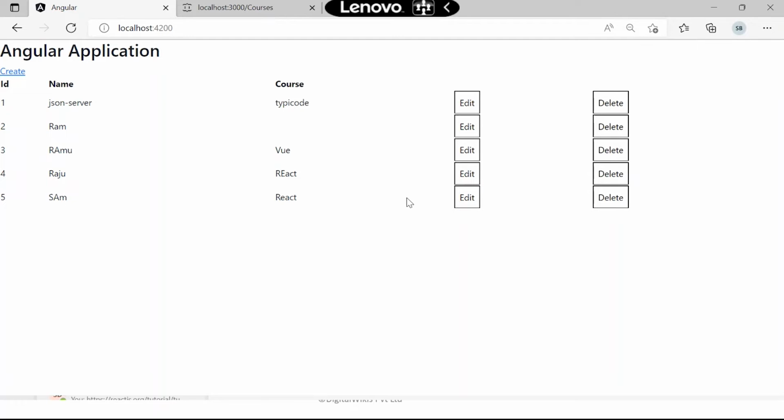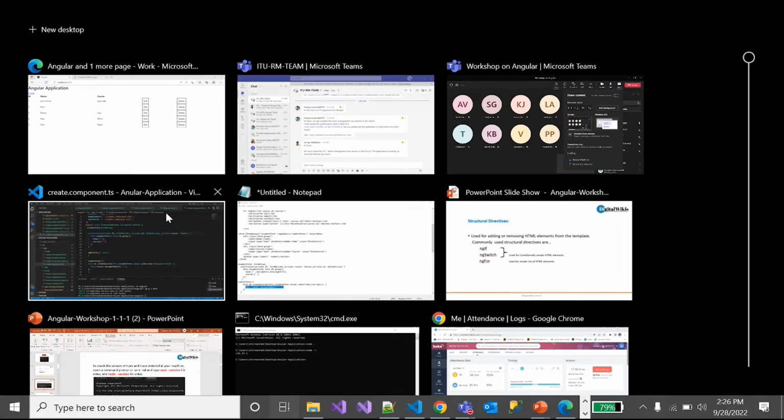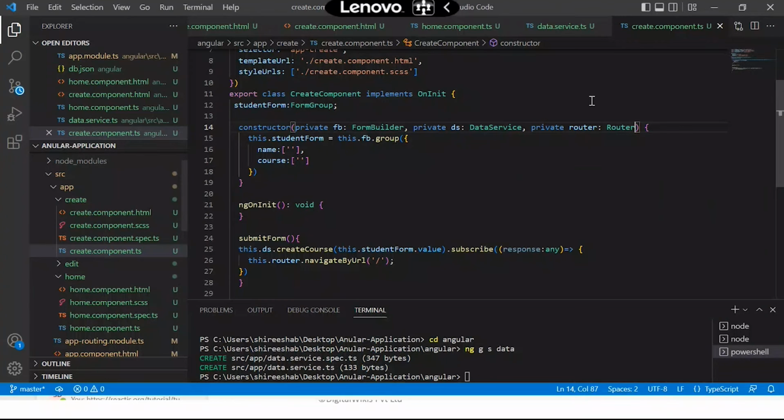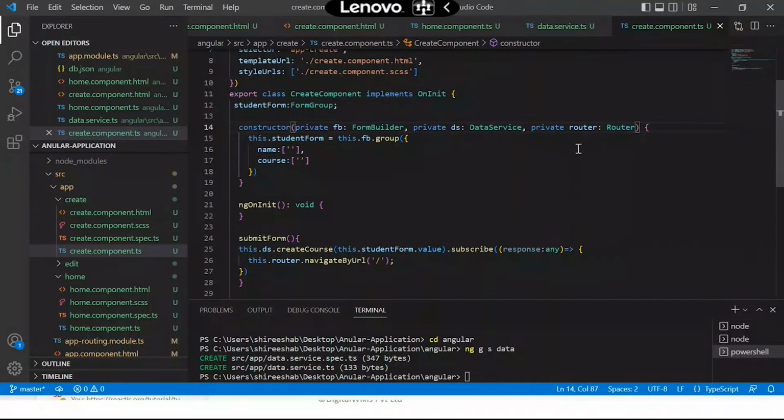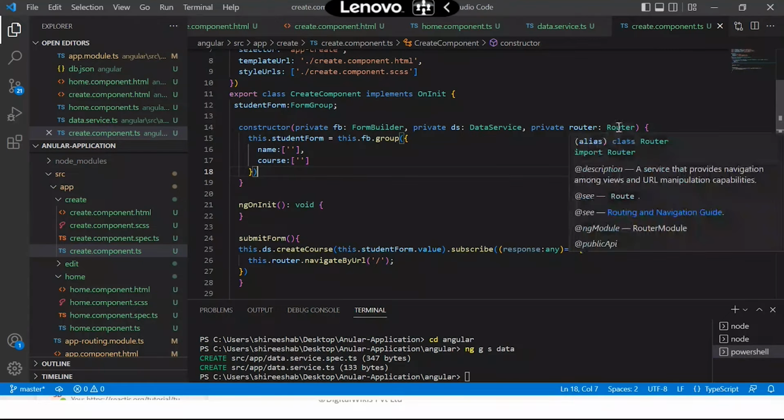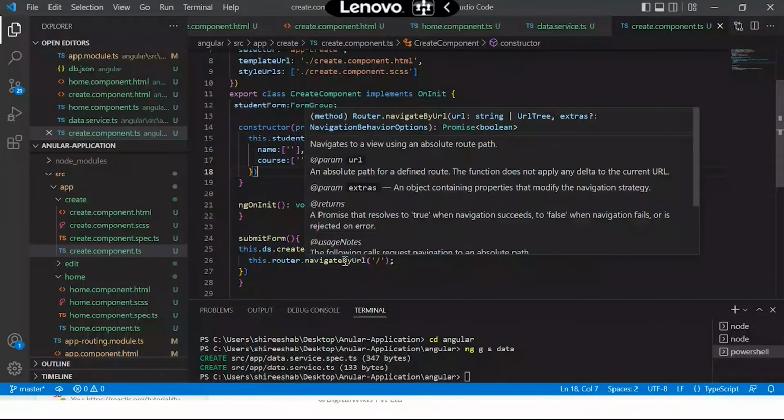So what I'm doing at the time is going to the application here. See here, after the route I'm giving the router now. Before that I'm giving activated route. So that's the reason I'm getting the error for that navigation by URL. So now I'm correcting that with router here, and then based on that I'm giving the navigation by URL going back to the one of the